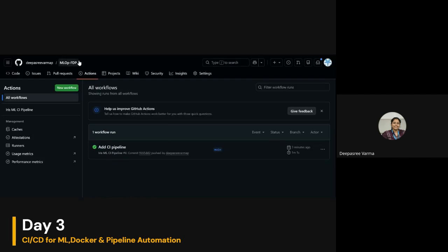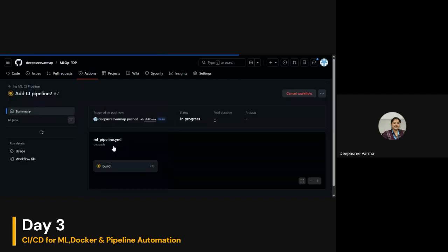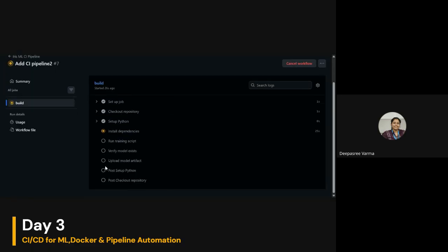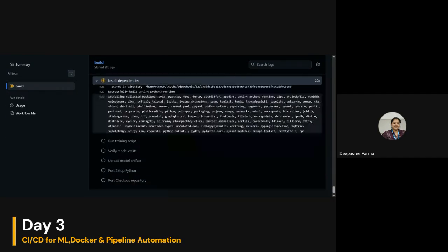In my Actions, a new pipeline, add CI pipeline 2, has been added as a new action. So I can just see the build, how is it going? It is installing all the dependencies and running the training script. If everything is done correctly, it will run the training script.